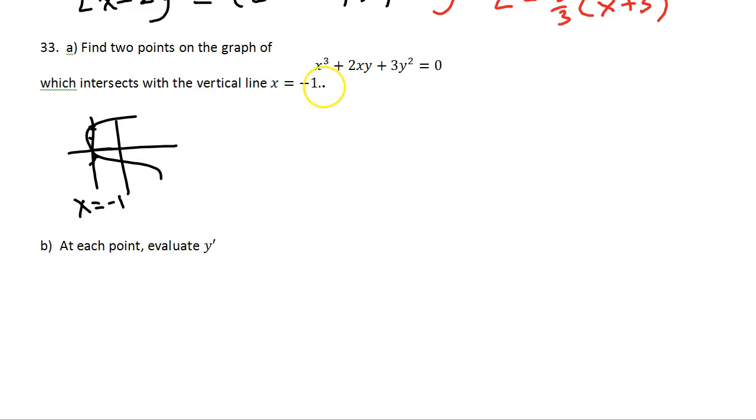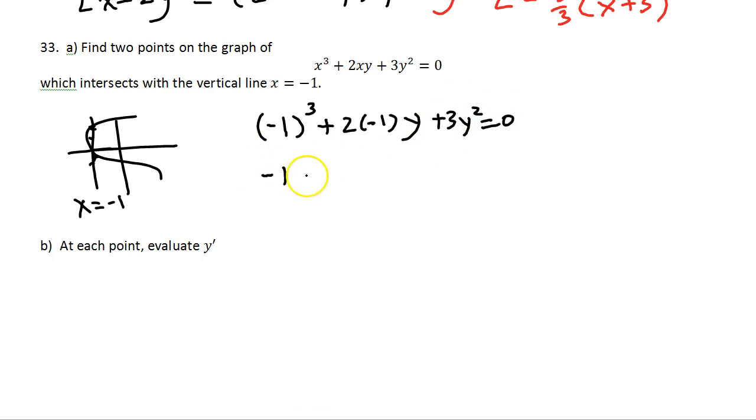Alright, so what kind of equation should the y value satisfy? Well, if x is equal to negative 1, it should satisfy this equation. So you have negative 1 cubed plus 2 times negative 1 times y plus 3y squared equal to 0. And then negative 1 minus 2y plus 3y squared equal to 0. And then 3y,